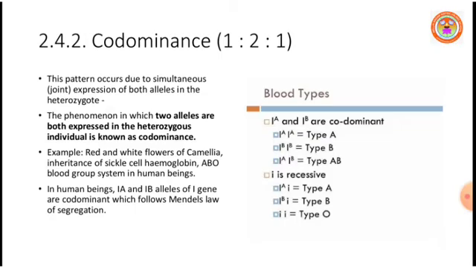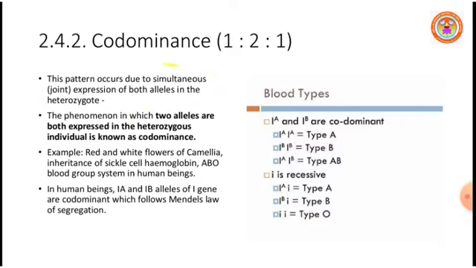According to Bateson's factors hypothesis, gene interaction can be classified as intragenic interaction and intergenic interaction. In the previous class, for intragenic interaction, we studied incomplete dominance or no blending of genes. Let us continue with codominance, lethal genes and pleiotropy. What is meant by codominance? The phenomenon in which two alleles are both expressed in a heterozygous individual is known as codominance.